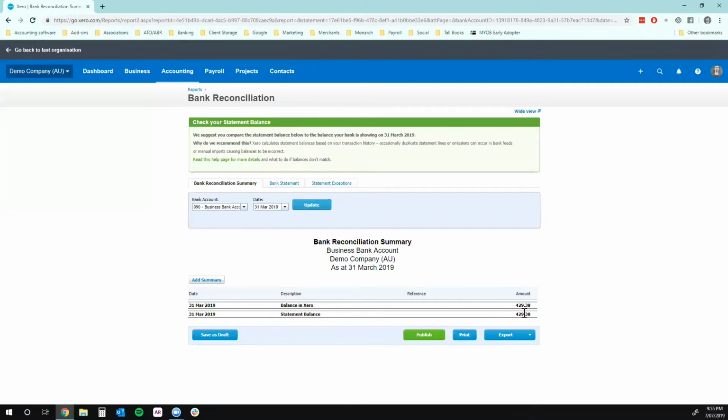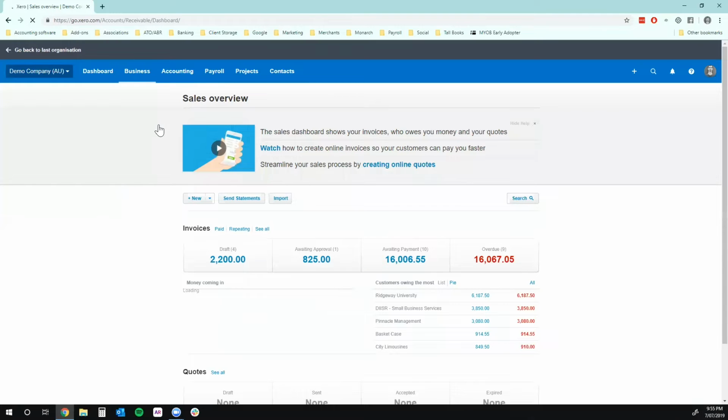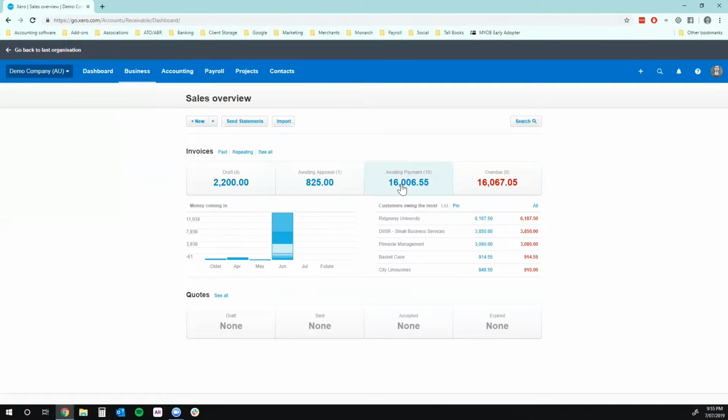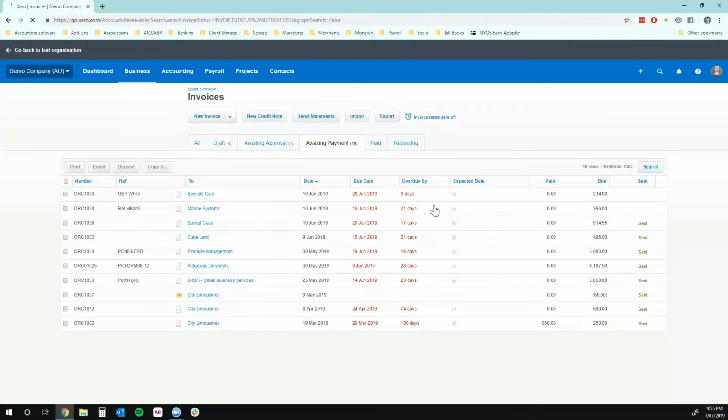Cool. Step 2, some housekeeping. We go to the business menu and we look at sales overview firstly. What I like to do here is ensure that there are no bills or sales sitting around that shouldn't be. So how do you check that? Simply go to awaiting payment and look for anything old that shouldn't be sitting here. So I can see that there's only one transaction left here from